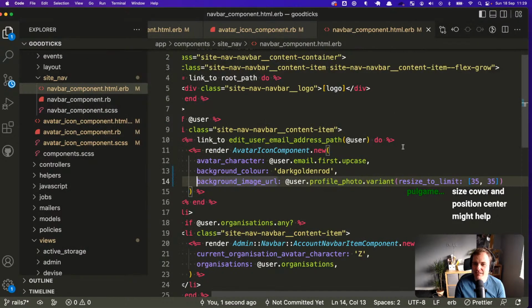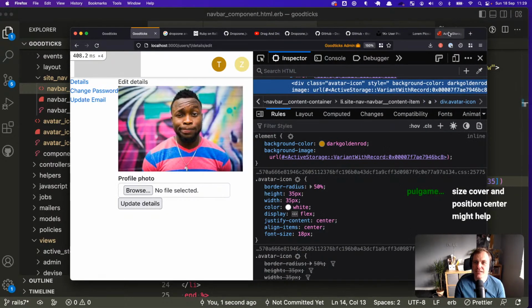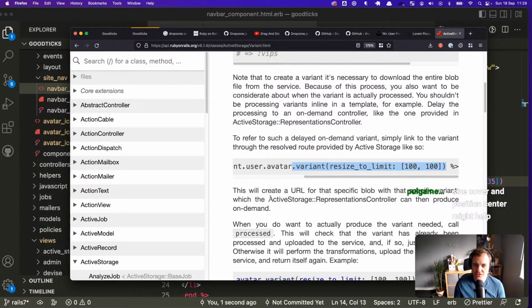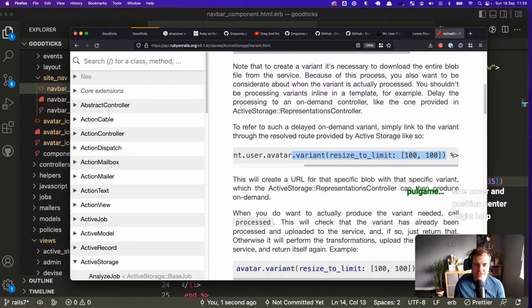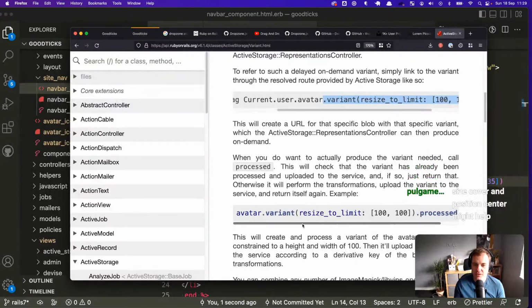Right, so it's passed a variant and not a path. Okay, good. So that is not... This will create a URL. It did not create a URL because that's what I... Oh, do you have to pass it to image tag? Okay, but I wanted... Oh,